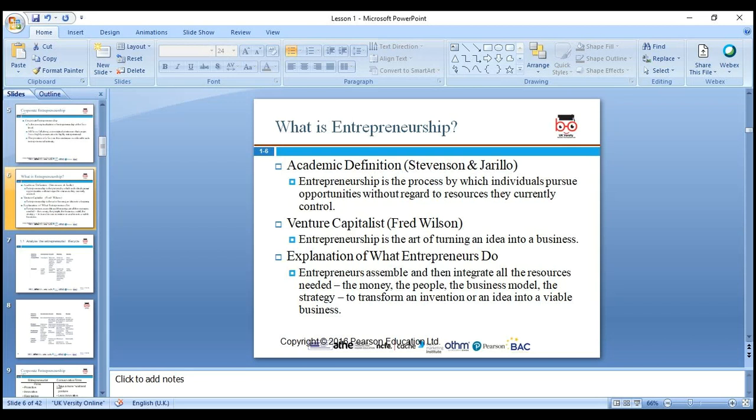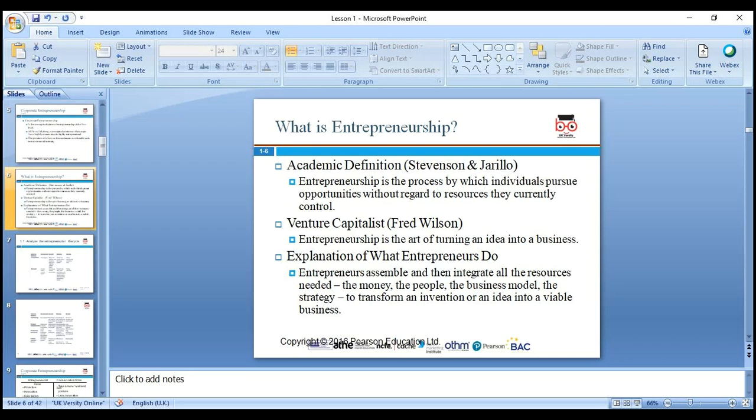Entrepreneurship is the process by which individuals pursue opportunity without regard to the resources they currently control. It doesn't matter whether you have resources or not. You start to put your ideas into the business. Maybe you start very small, in little chunks, like one activity. It can be HR, where you're just providing HR services. It can be IT, maybe you're just providing IT, how to set up a website, and that can itself be